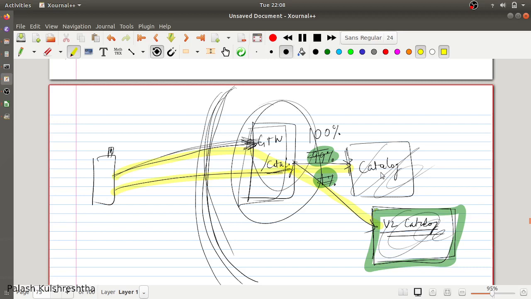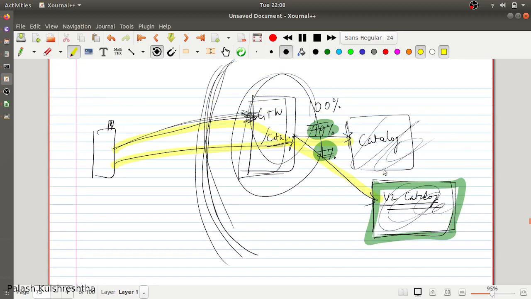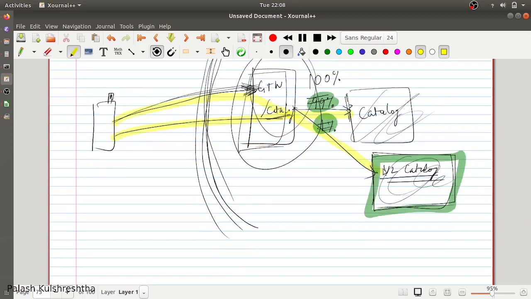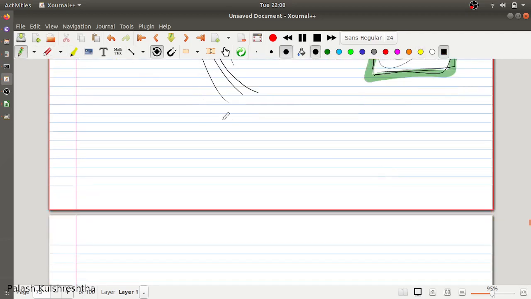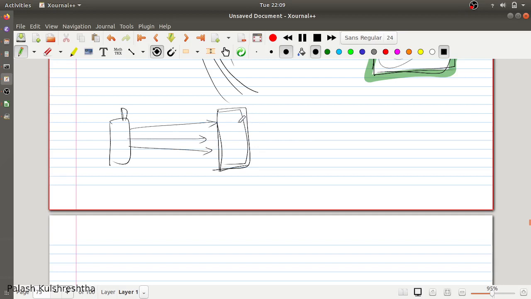Now, in the end, let's wrap up with why and when we use this architecture. We require this architecture when we want to simplify our applications so that they don't need to have any knowledge about backend services. They only need to interact with a single service, and that single service can proxy your request according to different requirements, according to different configurations.